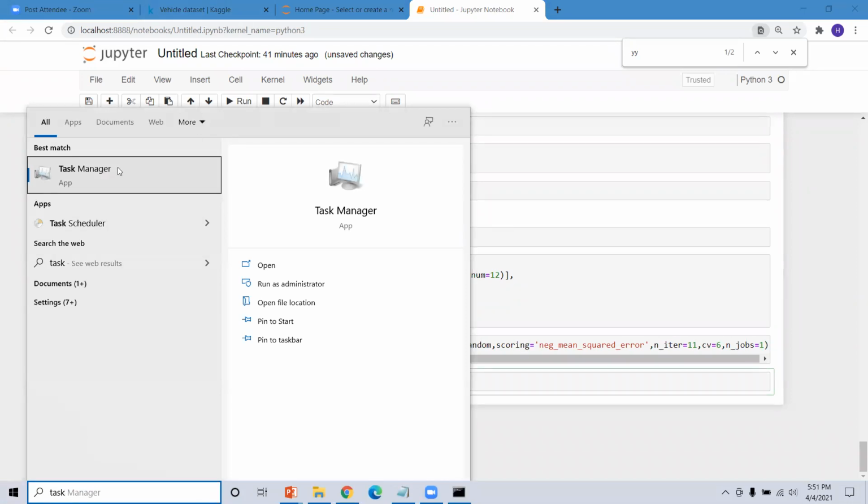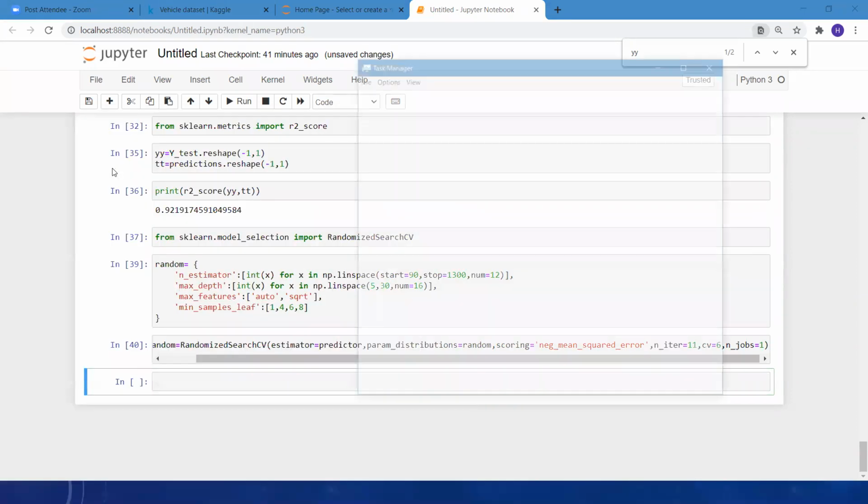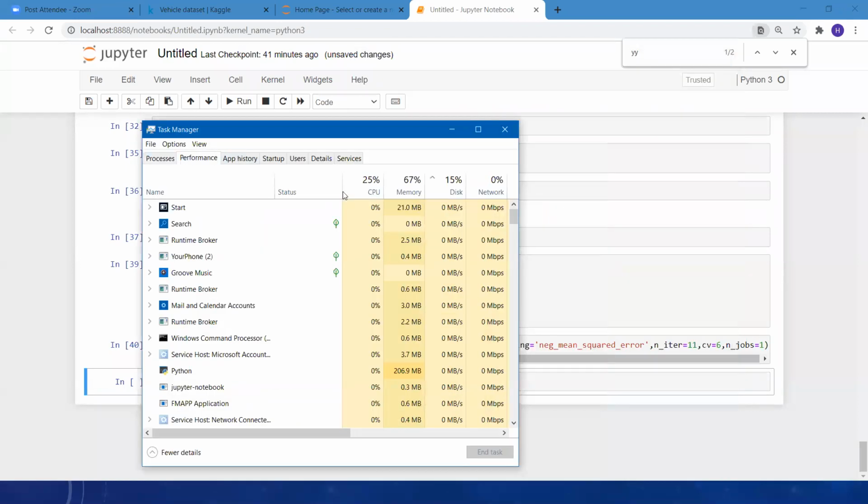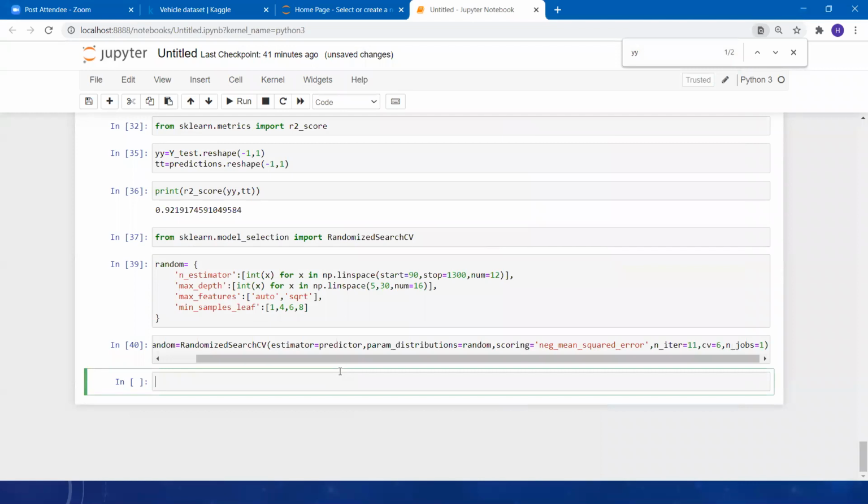Guys, if you have a large number of data in millions, never try to use n_jobs equal to -1. It will hang your computer. It will take all your processing units. Try to see when I apply hyper_random, when we are going to fit our data.